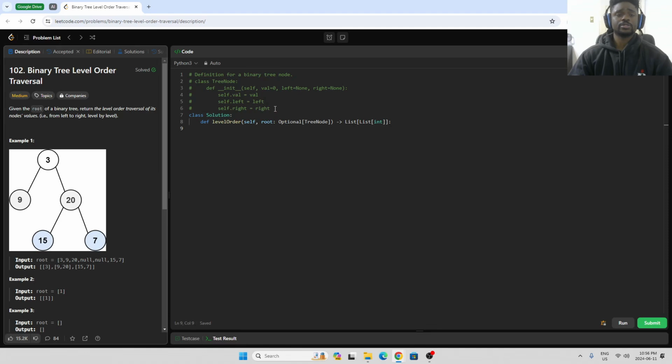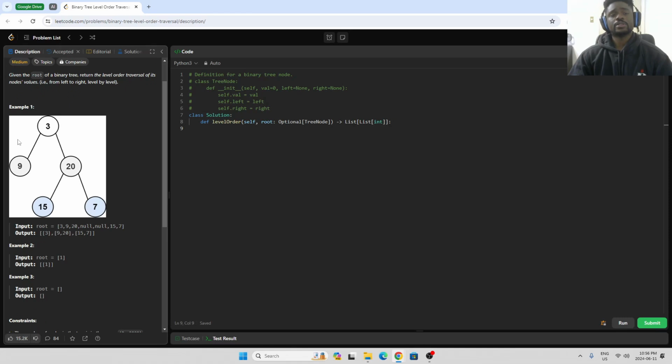But let's get straight to the problem. So for this problem, here we're given the root of a binary tree, and the goal is to return the level ordered traversal of its nodes values, i.e. from left to right, level by level. So basically what we're trying to do here is we want to go level by level through our tree